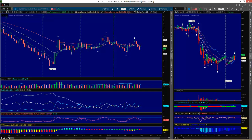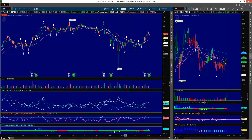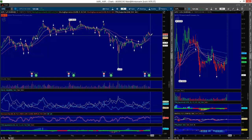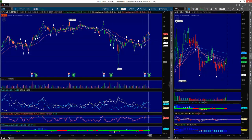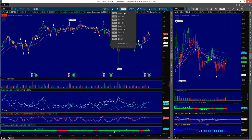Let's go with Apple. The thing about Apple is, I really need to go to an hourly chart to look at this, because Apple is sitting right here at the 8 EMA. I actually like Apple to come on down. I'm looking for the market to pull back just a little bit, and Apple seems to have topped out right here and may want to pull back a little bit. So if we switch this to an hourly,